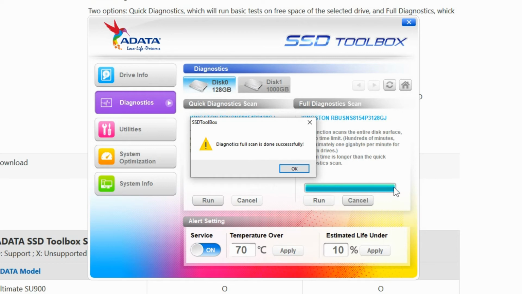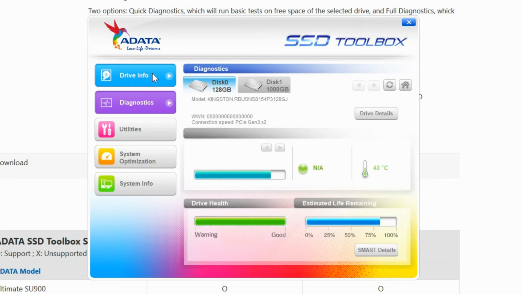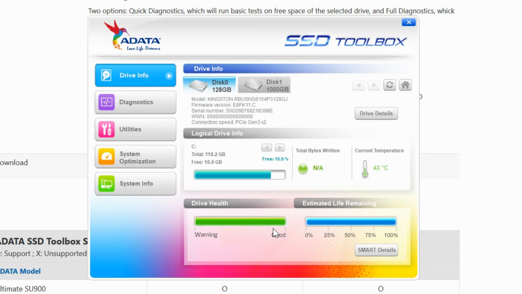Just because the bar went all the way across from 0 to 100% and shows it's done, that just means it's done scanning. It doesn't mean that it's giving you the results yet. So here's where we get the results, and everything is good. And from the drive info screen, that's where we can also see that the SMART status basically is that it's healthy.